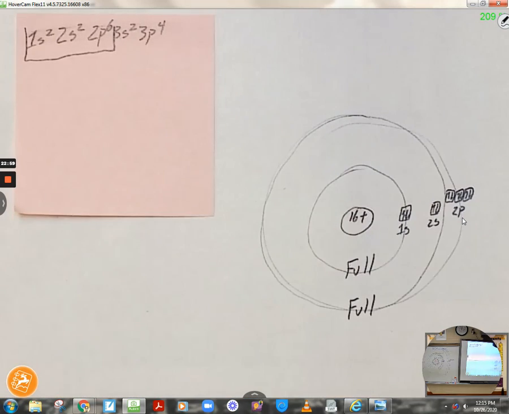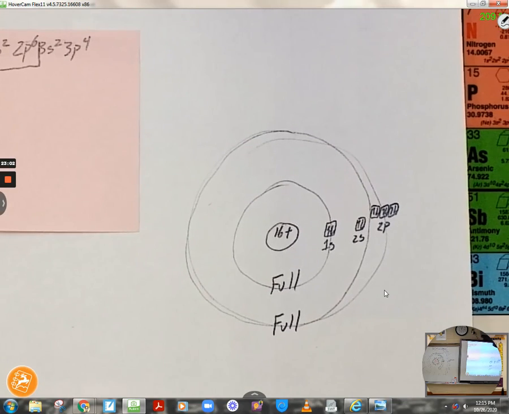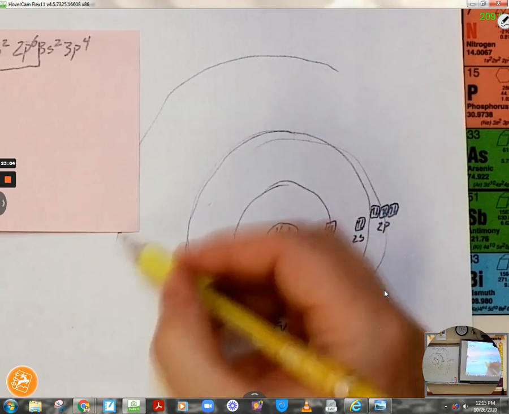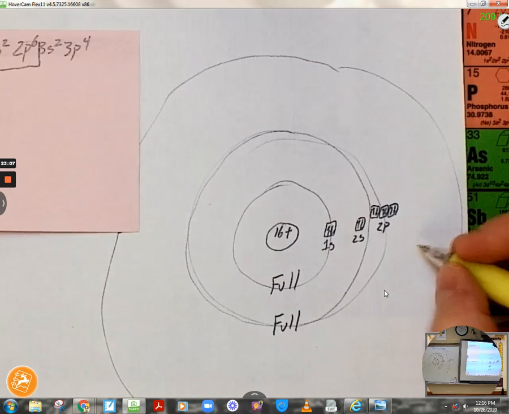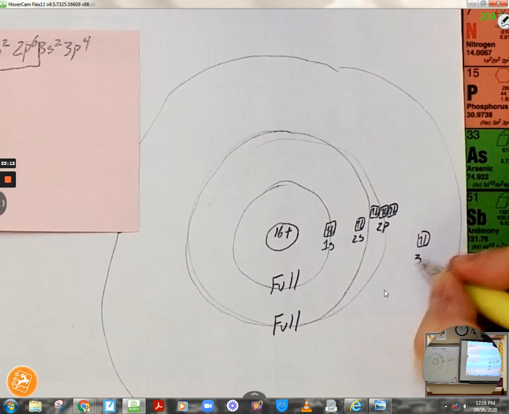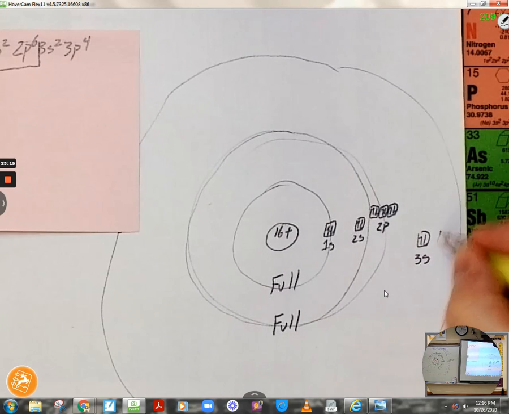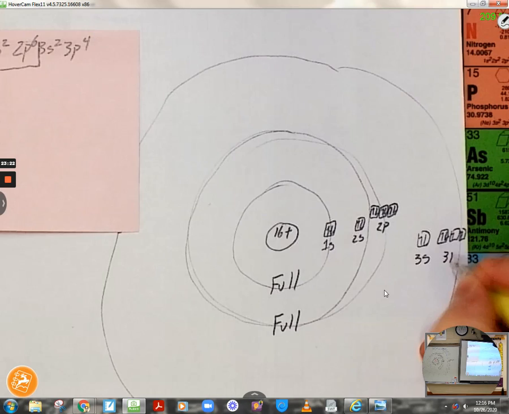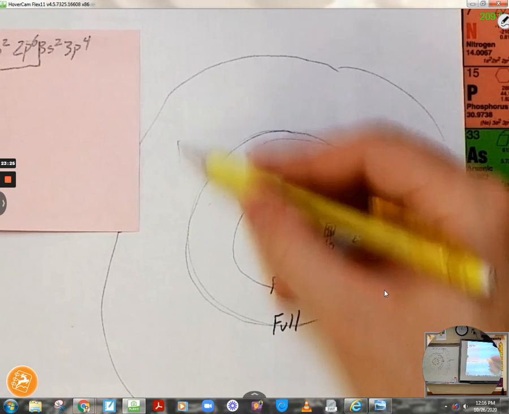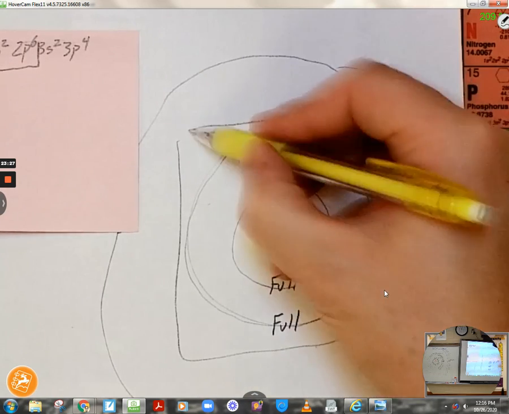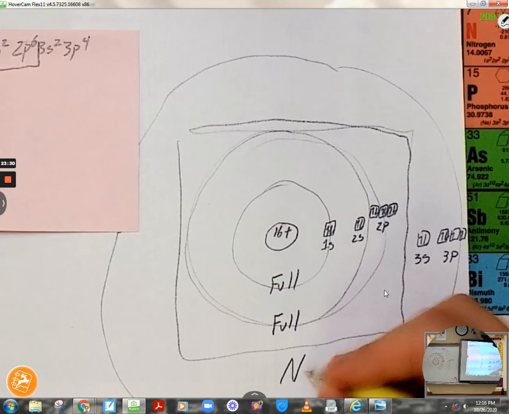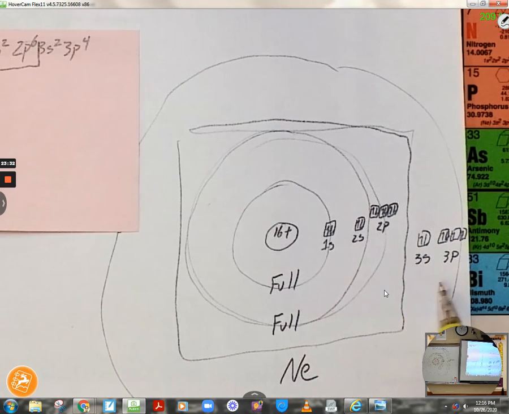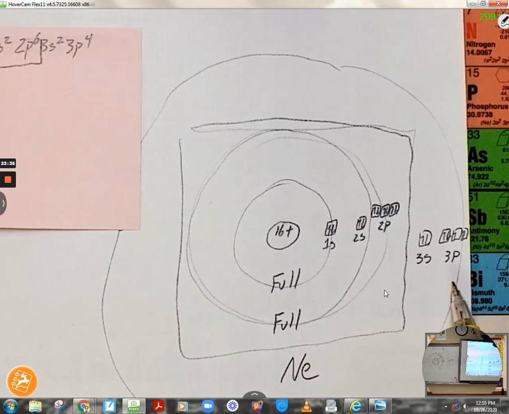And so you can make the argument that when we move on to that third energy level, which is going to come out here, it's going to be bigger, we're going to come to energy level 3, which is going to be 3s that has 2. And then in my 3p, it's only going to hold 1, 2, 3, 4, right? So if you look at what's on the inside of this as being basically the same electrons that you would get with neon, with a few other electrons added on,